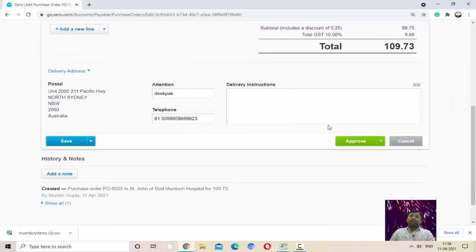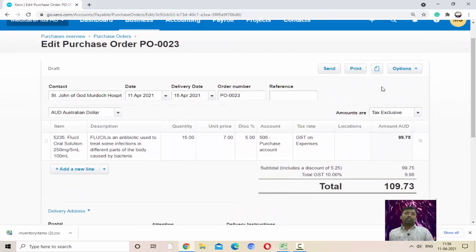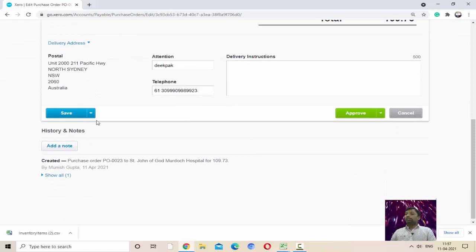See, listen here, click here, sorry, click here, not on this option. Here is the option to delete the purchase order. If we want to delete that purchase order, and copy to means if we want to create another purchase order, or we want a copy of this purchase order as a bill. So let's discuss that later. First, we will discuss from here.